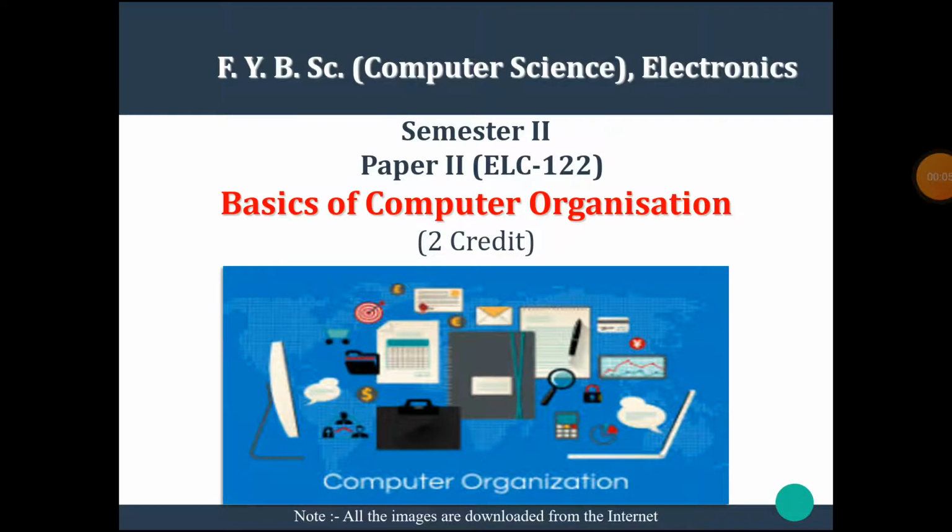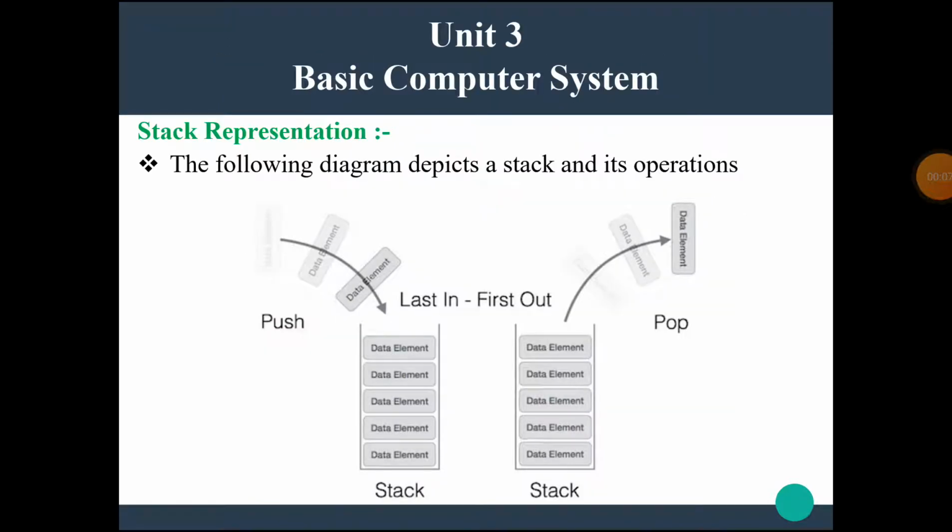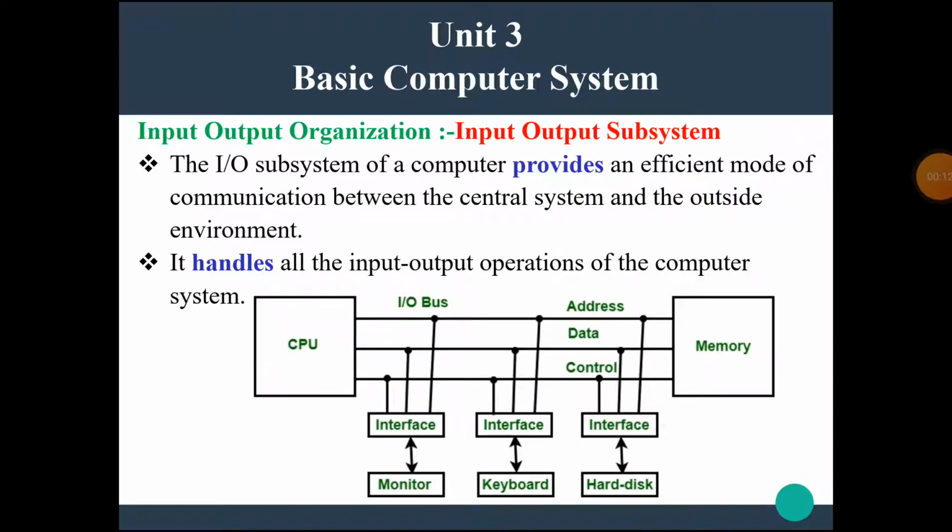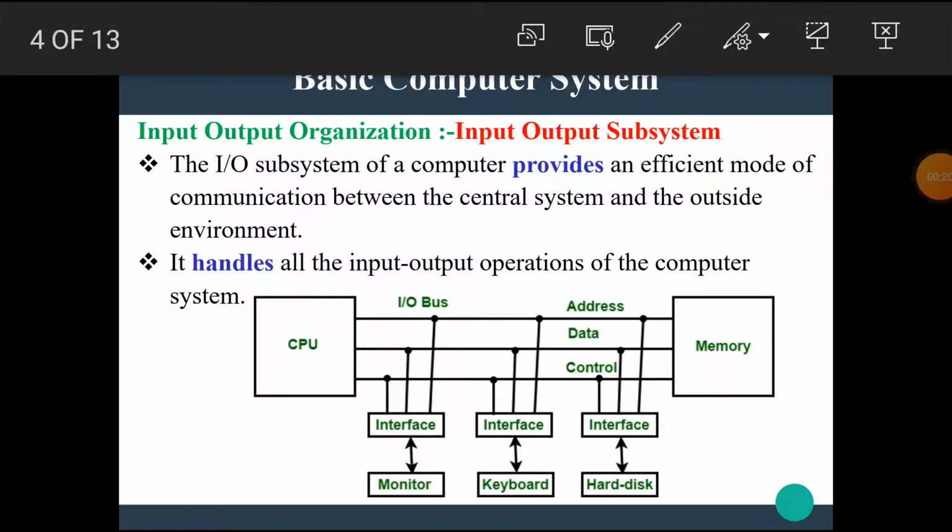In the previous video, we have seen the stack and the associated operations with the stack. The link of the previous video is available in the description box. Please check it. Now, in this video, we are going to see a new topic, the input-output organization of the